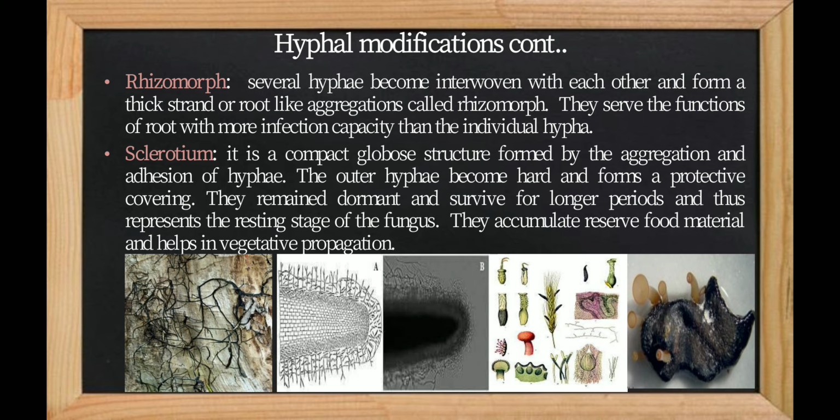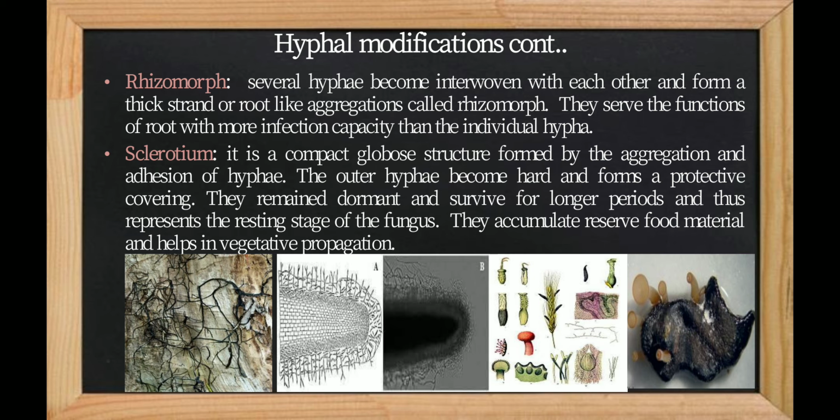The sclerotia are highly resistant bodies and they are able to survive unfavorable conditions of drought and cold, and later they germinate directly to form a new mycelium, or they may give rise to an external fruiting structure depending